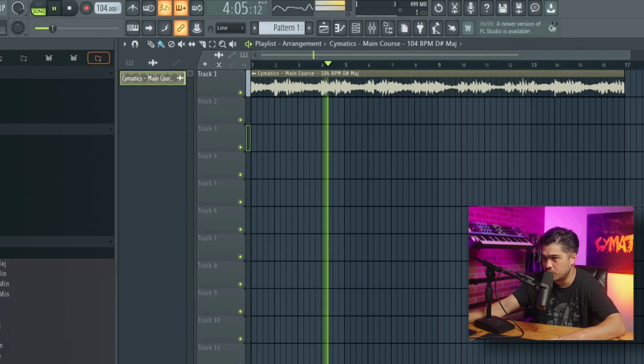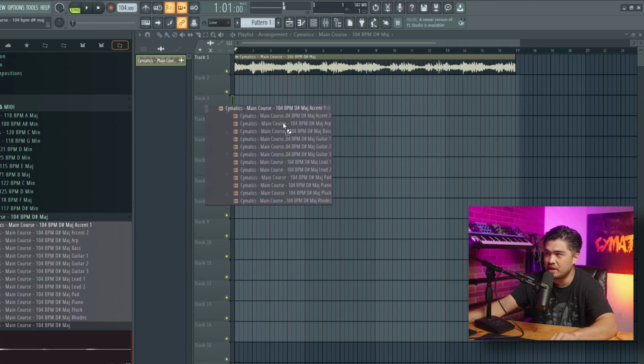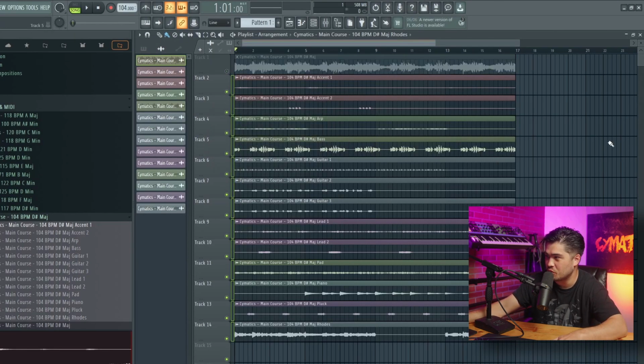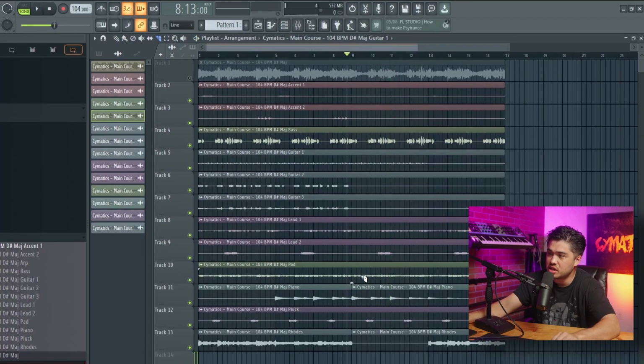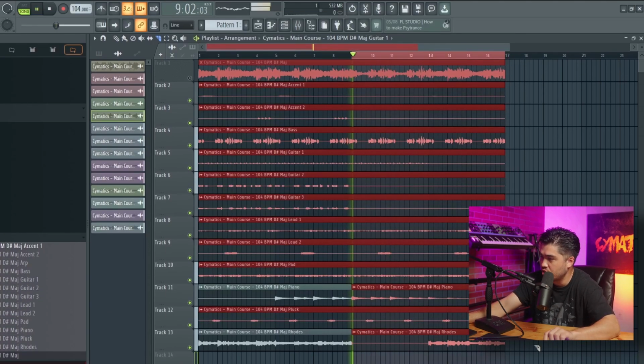Kind of stuck on that original BPM. That's fine. Look how many layers there are to play with, okay? This is why I'm obsessed with working with stem layers, because there's so much. The bad part is I'm about to have to pitch all these. Okay, so as I'm listening, the first thing I notice here in this second half,